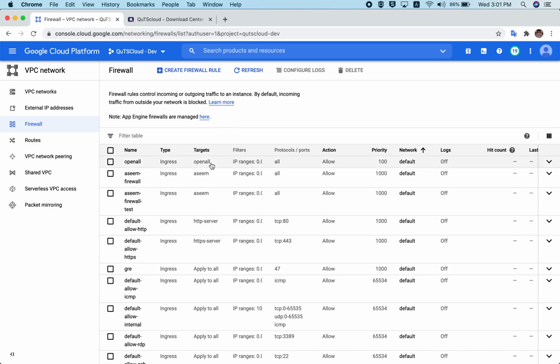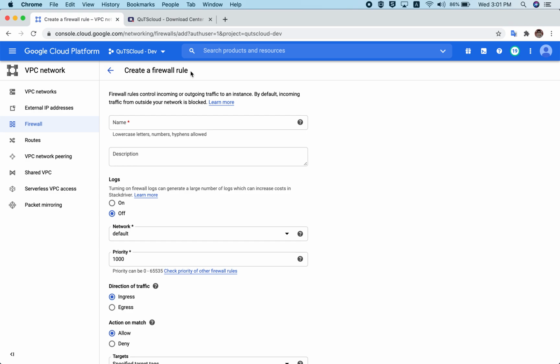Now what we'll do is we'll create a firewall rule. So we have to create some firewall rules for our instance that we are going to create. Let's give some name to this firewall rule. Let's say Asim demo firewall. Okay,